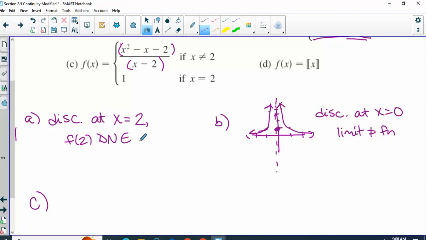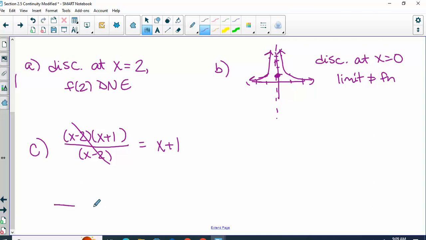What do you get? Yeah, it looks like a line. If we had factored the top, what happens to the x minus 2's? Those cancel and just give us x plus 1. So this is a line,